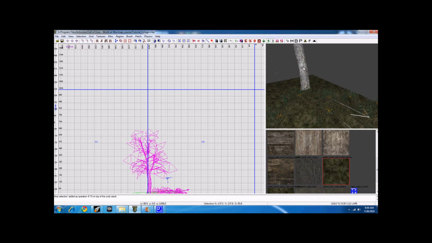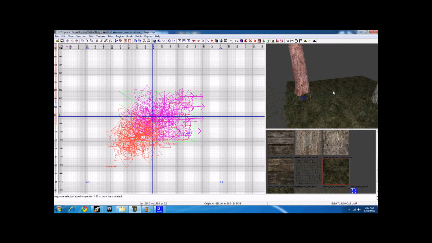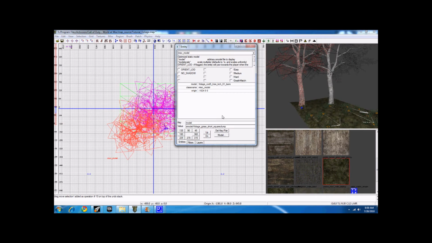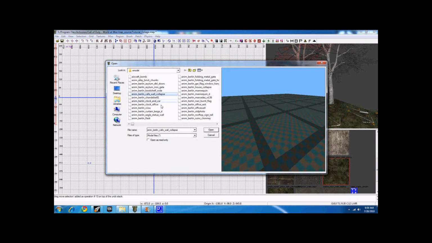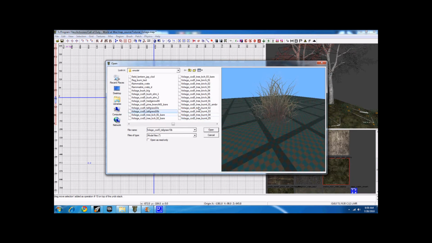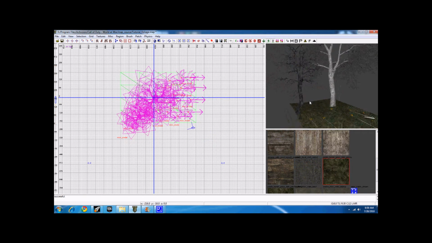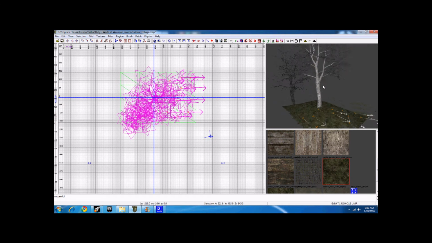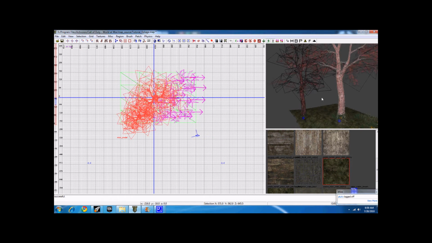And of course, when adding trees, I usually copy one, hit spacebar, hit N, select model, and go back and pick another tree model like that, so you have variation. Of course, I would never pick a burnt one beside that unless there's a crater there. I would either pick different models, or I would